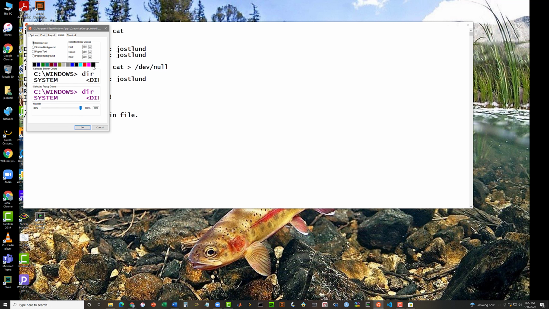You can click on this black box here to make it black, and you'll see that all the RGB values, red, green, blue values, get set to 0 for the text. And then go to Screen Background and click on the white box. So red, green, blue are all on. And now when you click OK,